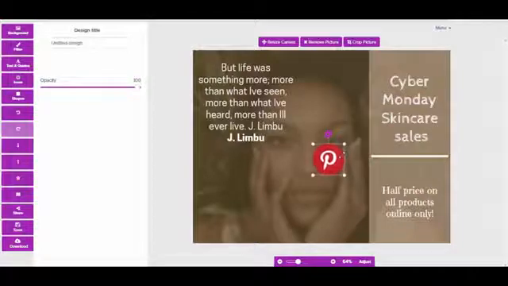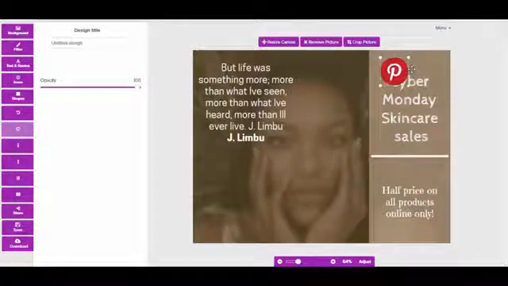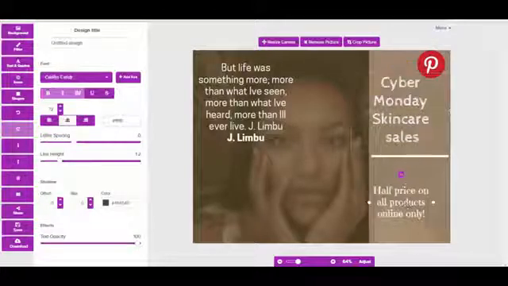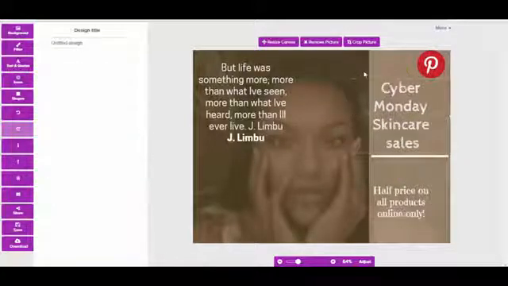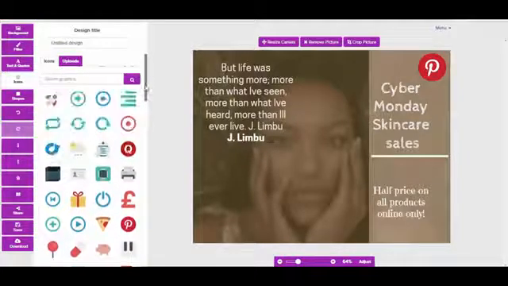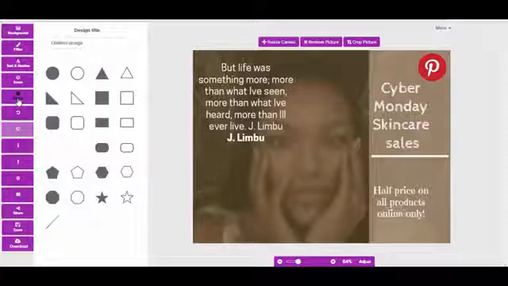for a Pinterest share, because I want people to share it on Pinterest. So let me move that. All the elements are editable. So I'm just going to have that on the side like that for Pinterest. So that's my icons just there. And as I said, there are loads and loads of these, and we can also add some shapes. So again, there are loads and loads of shapes. Undo, redo, and then you can move a layer back or move a layer forward, and then share, save, and